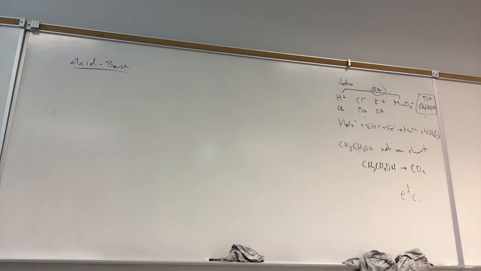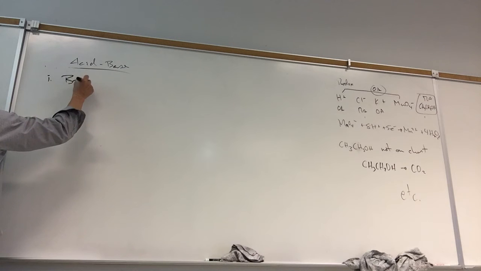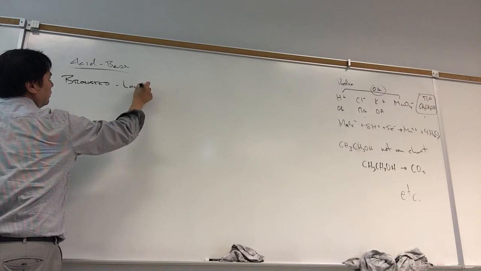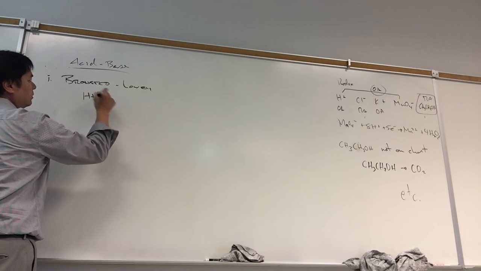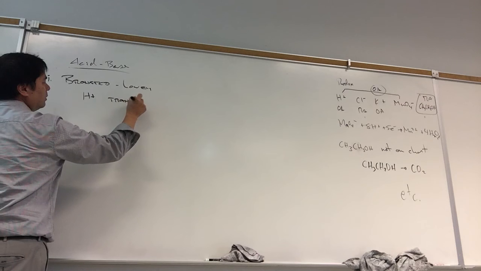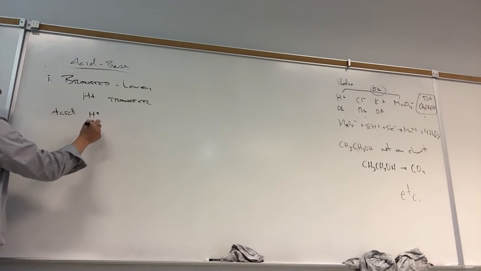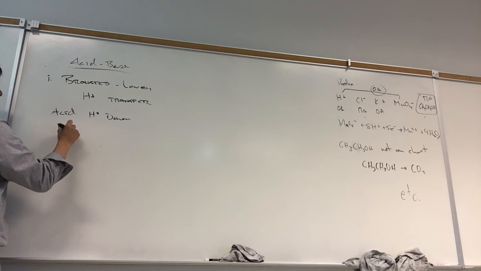Acid-base reactions are even easier than redox. There are two types of acid-base reactions, Bronsted-Lowry. Bronsted-Lowry reactions are proton transfers. The acid is what we call the proton donor or acceptor. The base